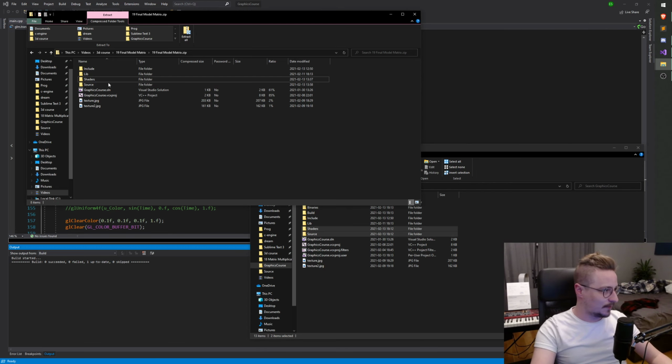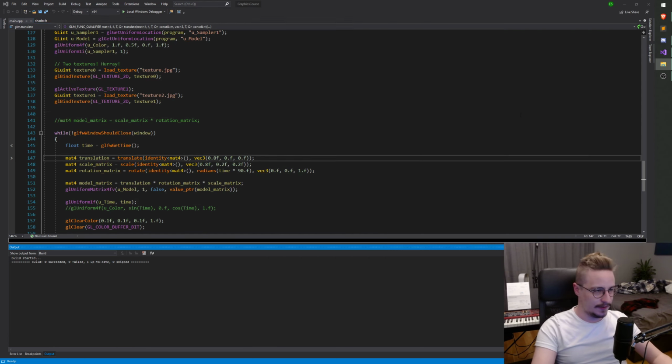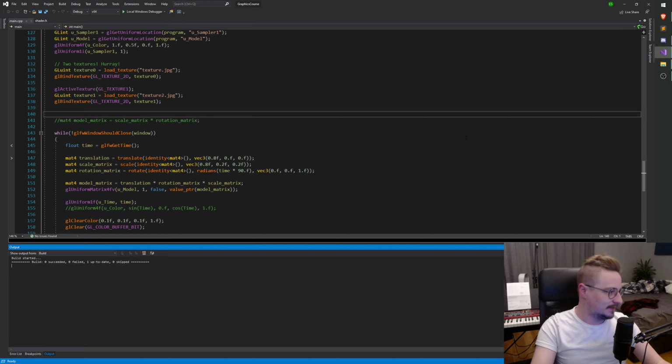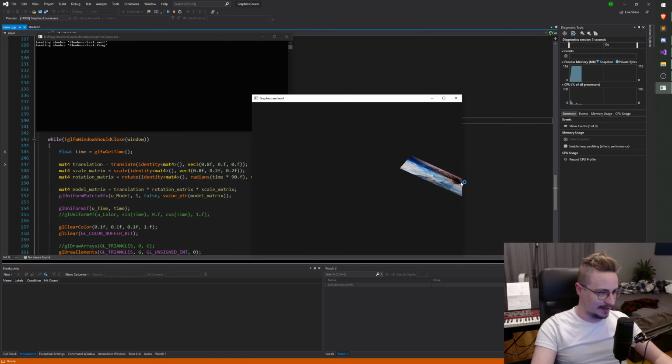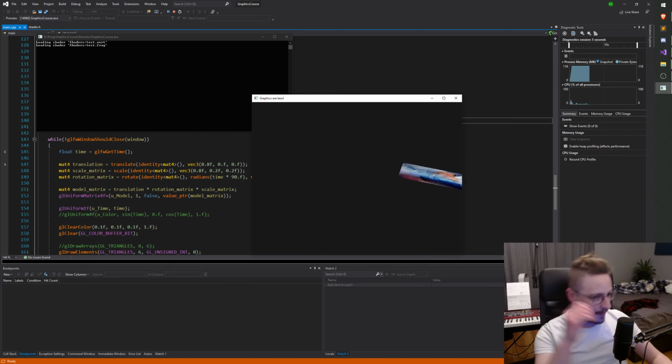For this, I've actually regressed to the final model matrix code we had back then. So you can go ahead and do the same thing, just cleaning up a little bit so we have a cleaner project to work with. So here it is, and this is pretty cool. This is pretty next gen, I would say, but